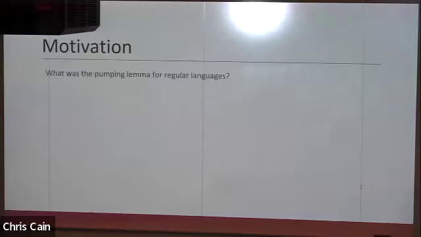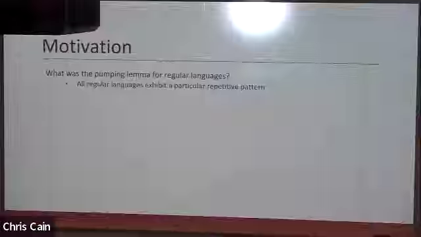So it's worth going back and reminding ourselves of the pumping lemma for regular languages, because its purpose was to prove that a language wasn't regular. We have now shown ways to show that a language is context-free, so we need to be able to prove that a language is not context-free. The pumping lemma said that all regular languages have a particular repetitive pattern, assuming that there are some number of states in an accepting DFA. As soon as we have a string that is longer than that, we have to have some cycle in that DFA.